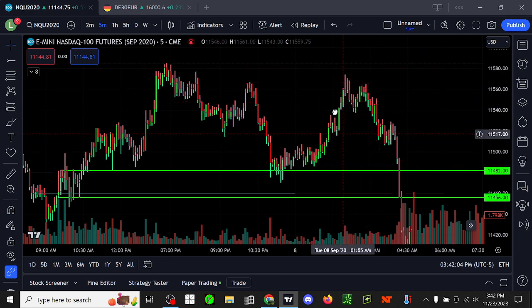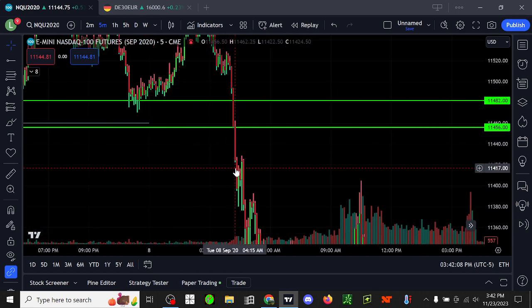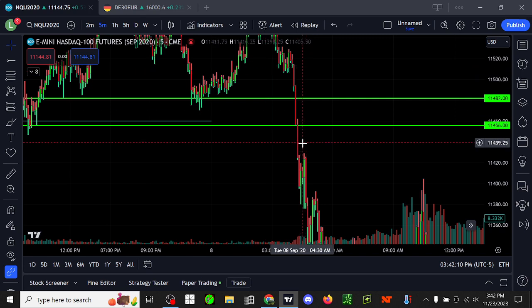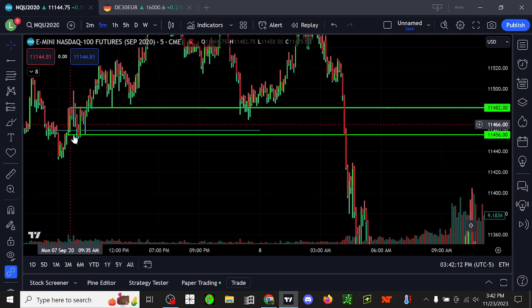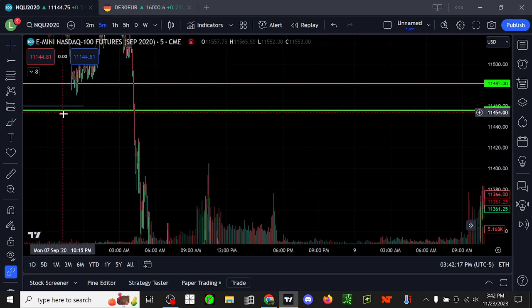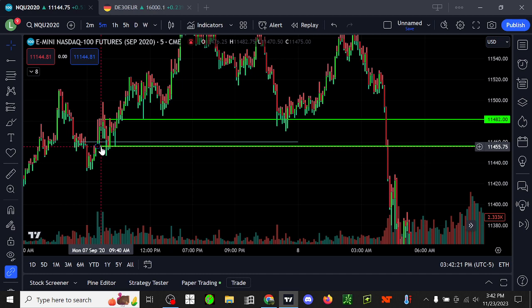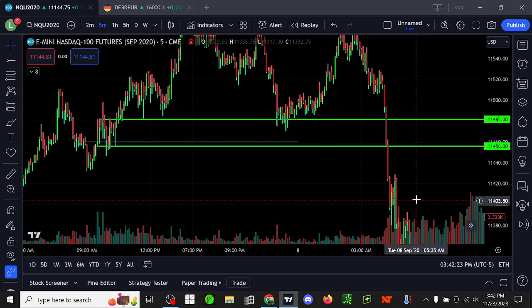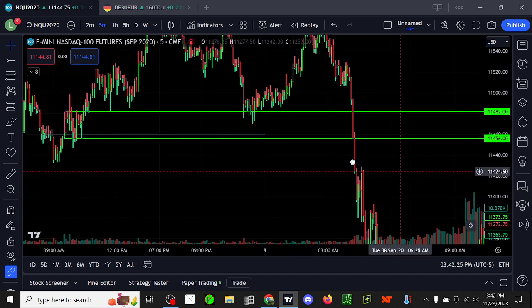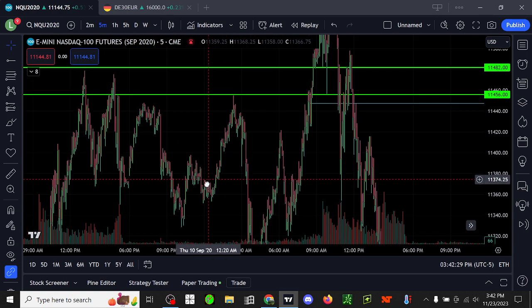Now it happens during the London session again. Now notice though, see how it punches right through that really quick? There's a reason that it has to sell off hard through that range. They have to get through that range to indicate a short bias. So anyway, I kind of gave away what I was going to get to, but once it's punched through to the short side, that means it'll probably become a rejection level again to sell off from, which it did right here, as you can see, multiple times.